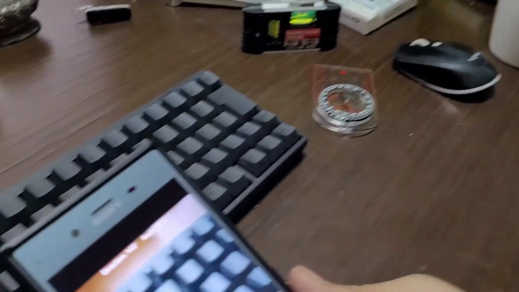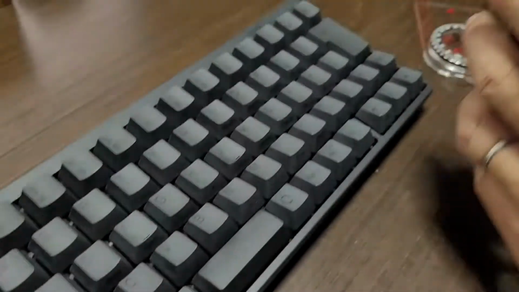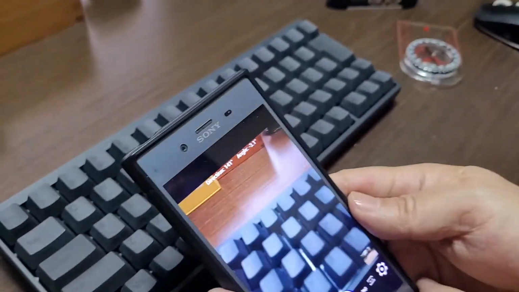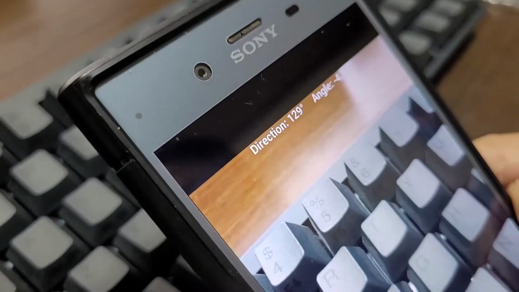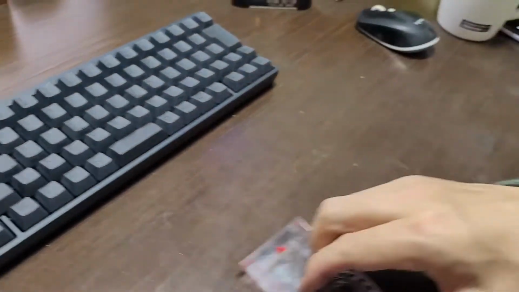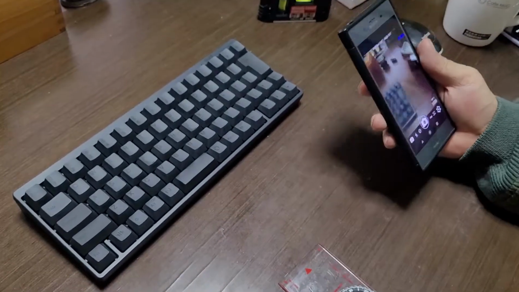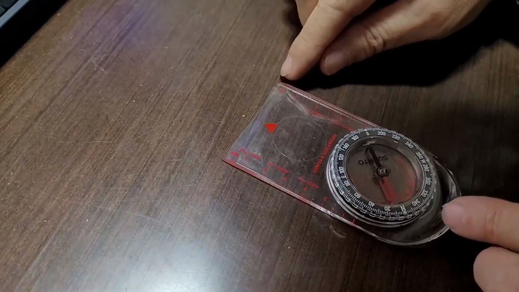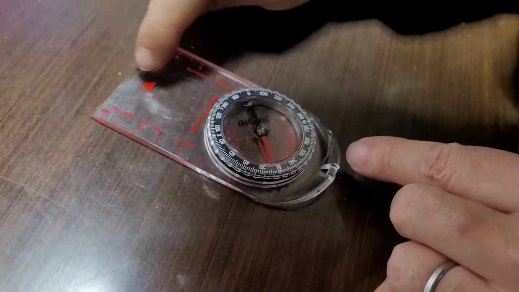Now, okay. Compass direction is this angle. Okay. Now direction is about 129. Okay. Usually move. And compass. This is a compass. North, south, and this angle is